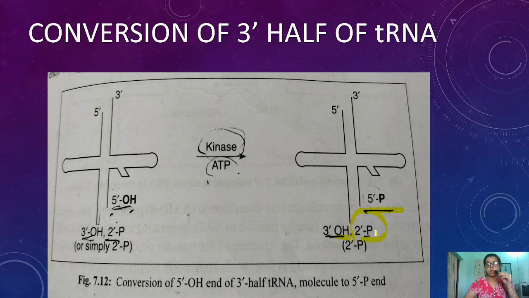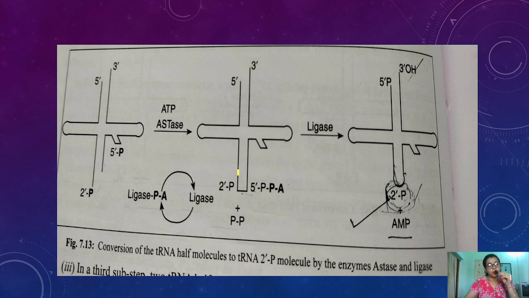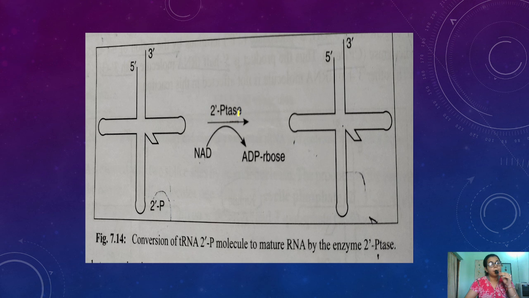So for that another enzyme comes into place, the 2' phosphatase, or you can say NAD phosphatase, which works with the help of NAD, which is converted to ADP. It will remove this extra 2' phosphate from here,